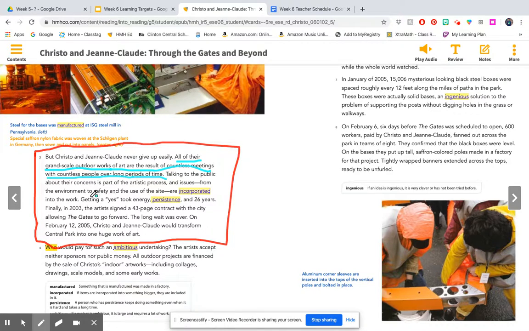I also think that this section is important: getting a yes took energy, persistence, in 26 years. So those two sentences, what do they tell me about Christo and Jean-Claude? What is this section mostly about?